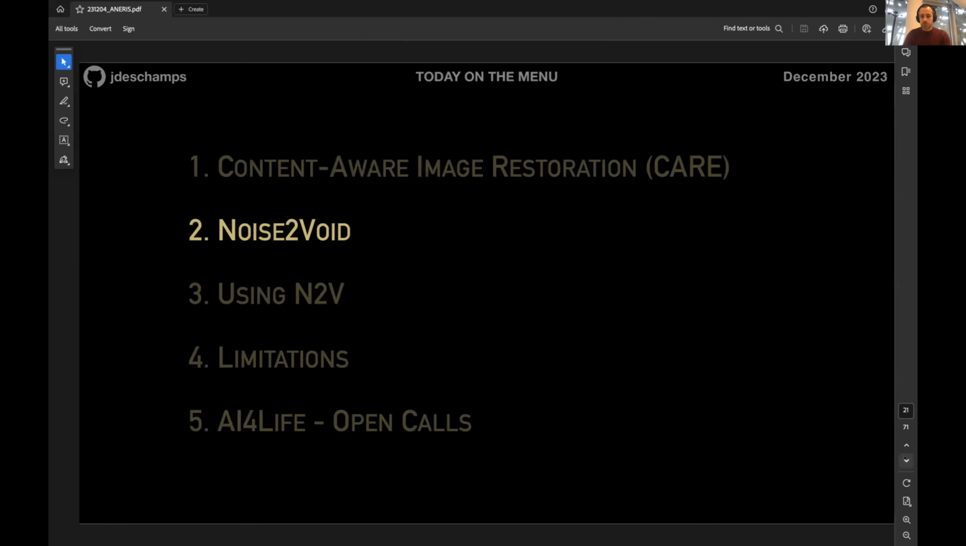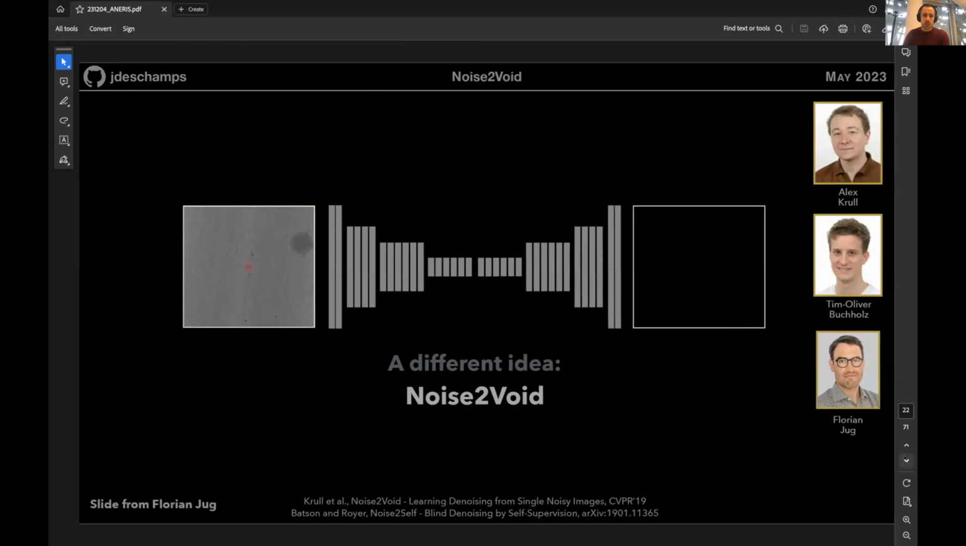And so that's where the idea of Noise2Void comes from, trying to solve this problem for life scientists. It came from, again, back when the lab was in Dresden and the MPI CBG. And the idea there is you don't have a ground truth. So let's teach the network to guess what